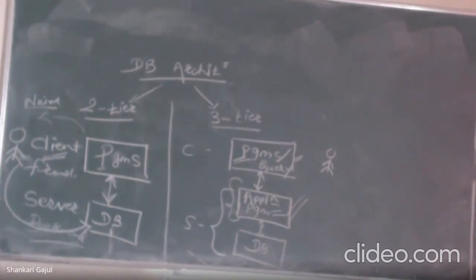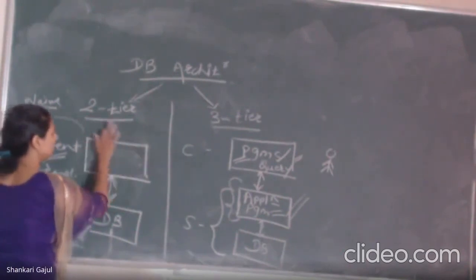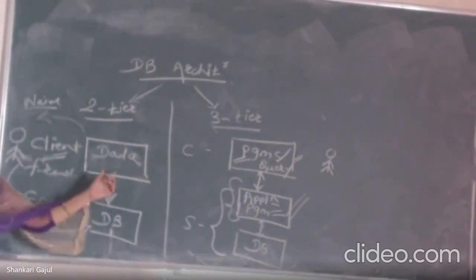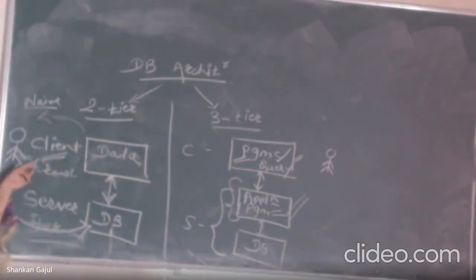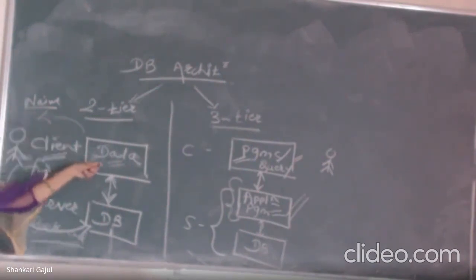So I have simply divided that structure into two parts. What are the two parts? According to my simplification, I can say it is the two-tier and the three-tier. What is the two-tier? Two-tier is nothing but the program and the data, whatever data is present on a particular machine. So that data the user can see and access. For writing the data or the programs and for storing the particular data, the user is present.